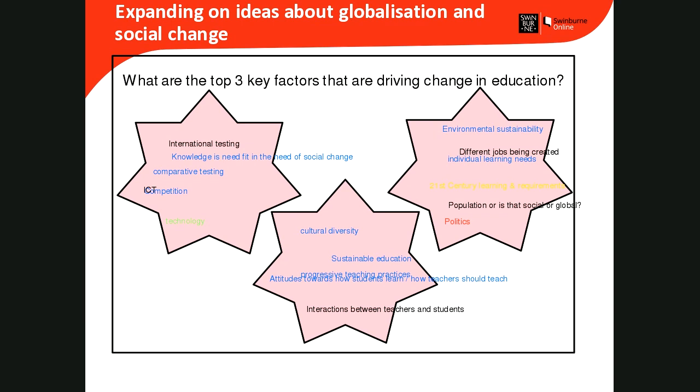If you do globalisation and bits of technology, then you do social change and change in technology, and then you choose technology for your third factor, all you're showing us is a really limited understanding that technology is a big issue in 21st century teaching and learning. You haven't really shown us that depth. So that would be two things to consider there. One, choose your factors carefully and make sure they show a breadth of understanding. And secondly, link all three of them back to education. Hope that's okay.